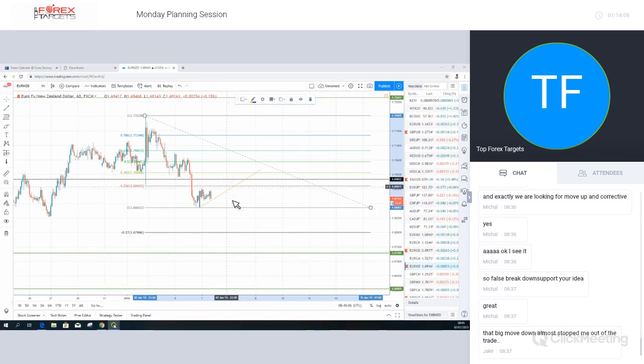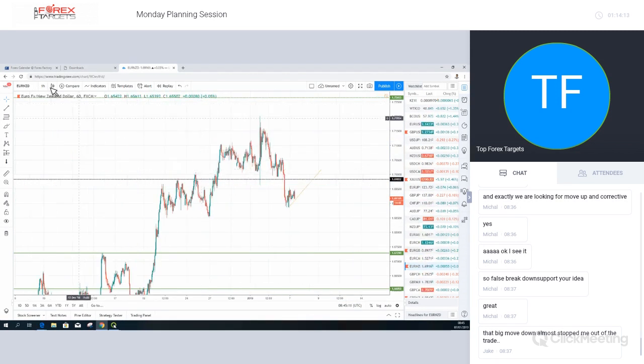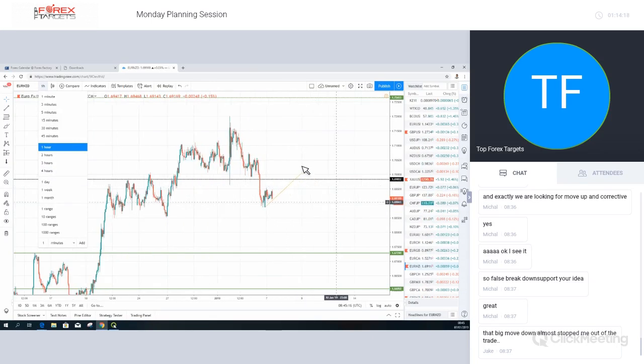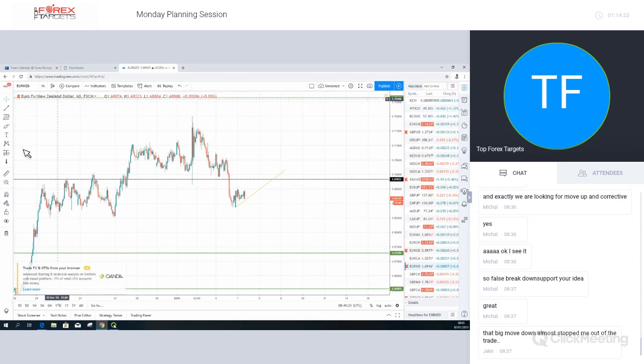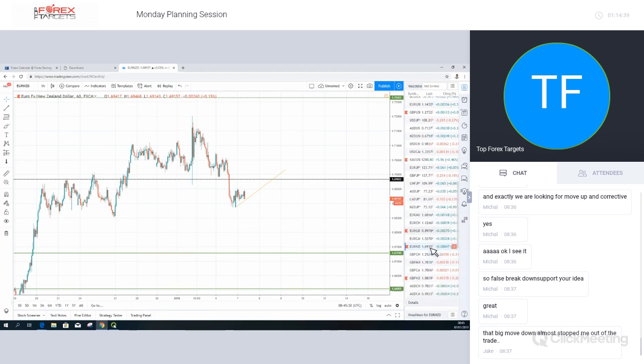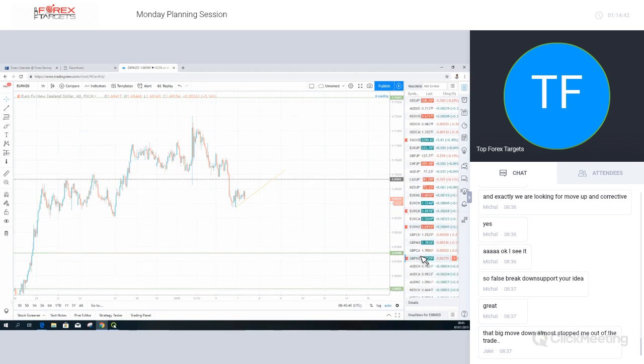Okay, so that's what I'm looking for also in the Euro New Zealand, but tentatively, as I say, this is a counter trend move, and the New Zealand is actually currently weak. So this is not high on my list. Okay, the problem we have with the New Zealand as it is that this could end up doing something like this. 1, 2, 3, 4, 5, A, B, and then that's the C wave, and then it comes up like this and stops you out. So it is an opportunity. Again, you guys are free to trade as you so wish, but I'll come back and we'll assess the best looking pairs at the end.